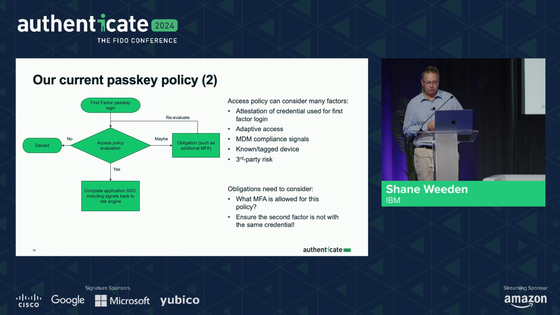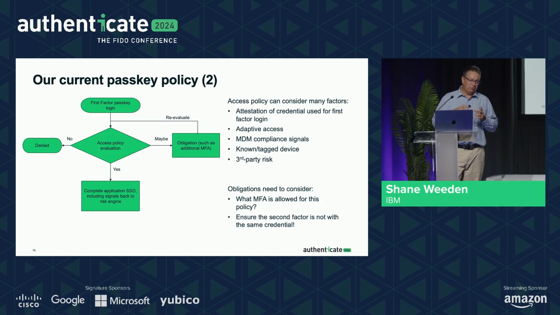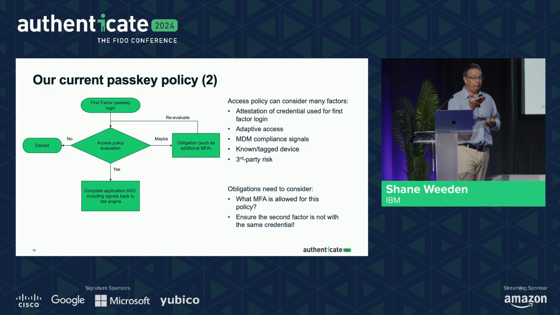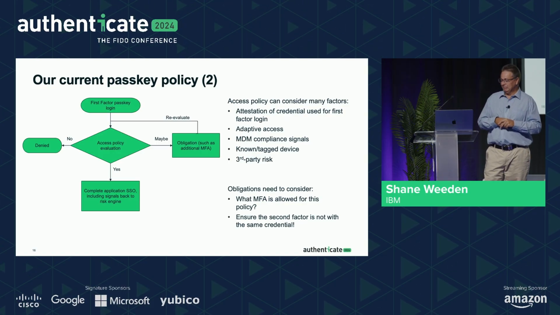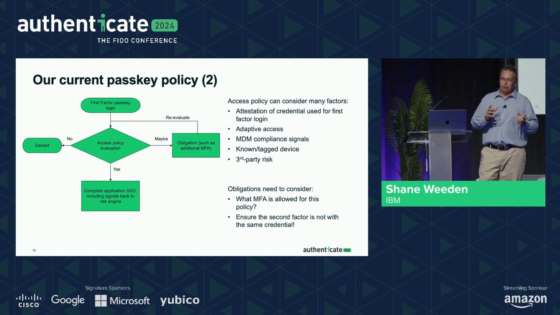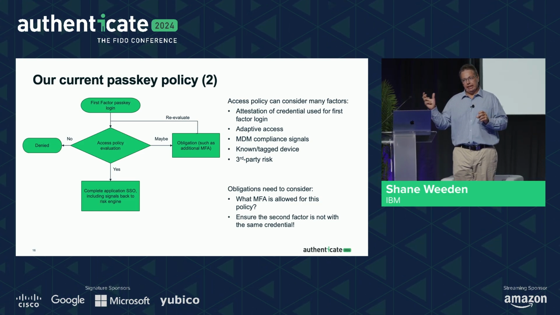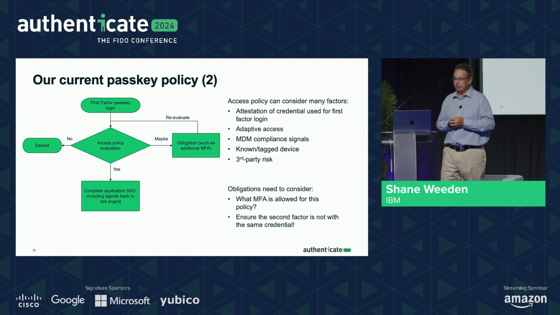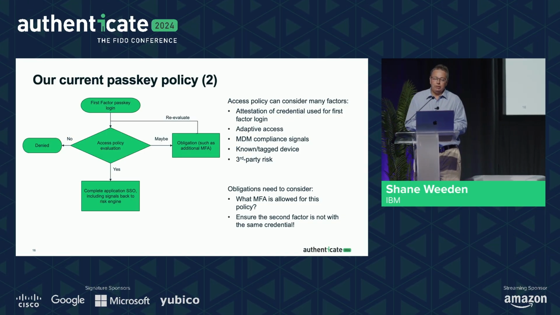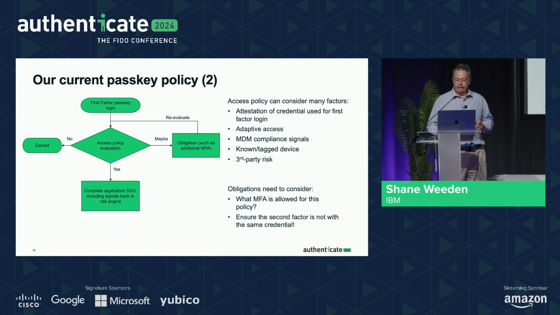In terms of obligations, I did mention this, we do support a variety of second factor authentication mechanisms. We obviously filter out the passkey you just used, so you can't just double tap it, right? That was cool. But what obligations we enforce can be dependent on the specific nature or classification of the application that you're going to, just like I said with the FedRAMP example. Sometimes it might be that you have to use a specific issued credential that you've got. Other times it can be any of the second factors that we support.